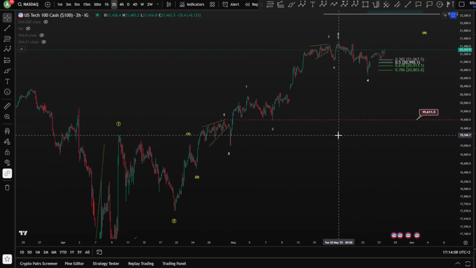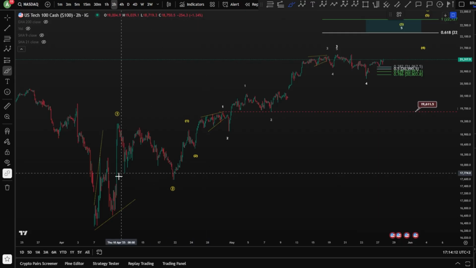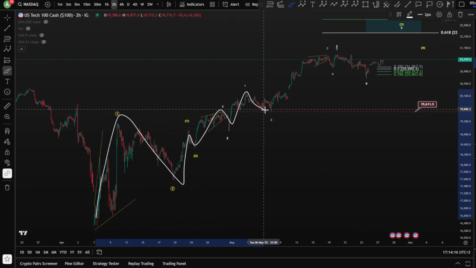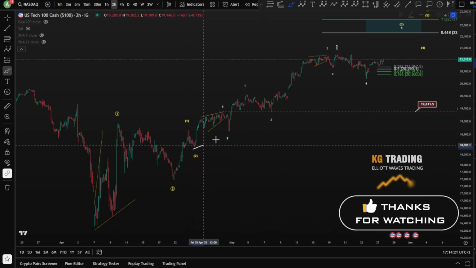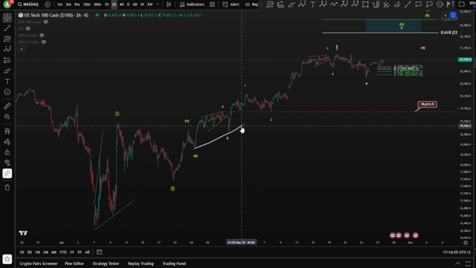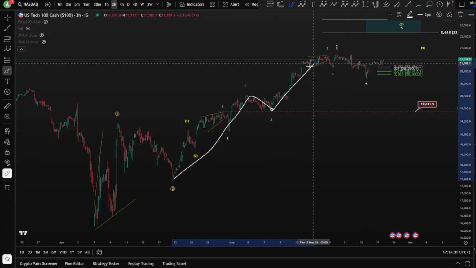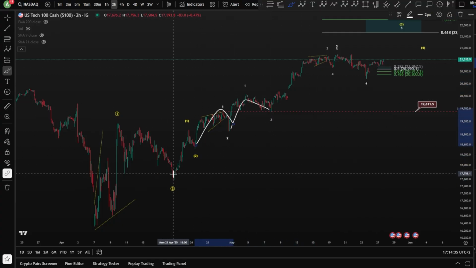So basically on the 2 hours chart here, we are in our ultimate bullish scenario, where we have a 1 2 and then 1 2 1 2 1 2. Again, of course, a lot of 1 2s here, but the problem is that we cannot take it as a leading diagonal. It looks very ugly as a leading diagonal. And second, if you take it as a leading diagonal, the wave 2 is very shallow here. So meaning this belongs to this 1 2, and therefore, of course, definitely you have triple 1 2s unfolding